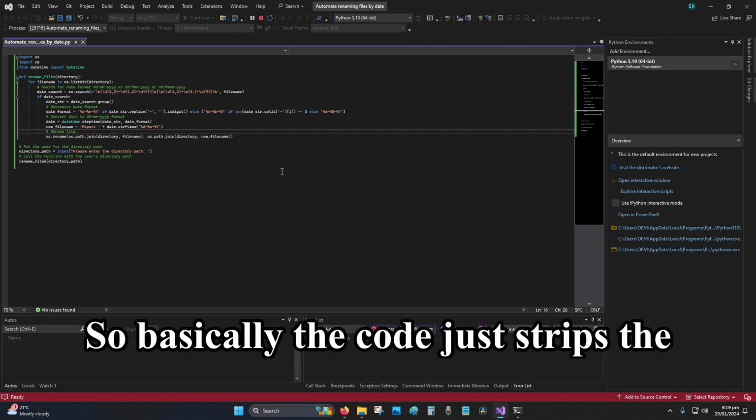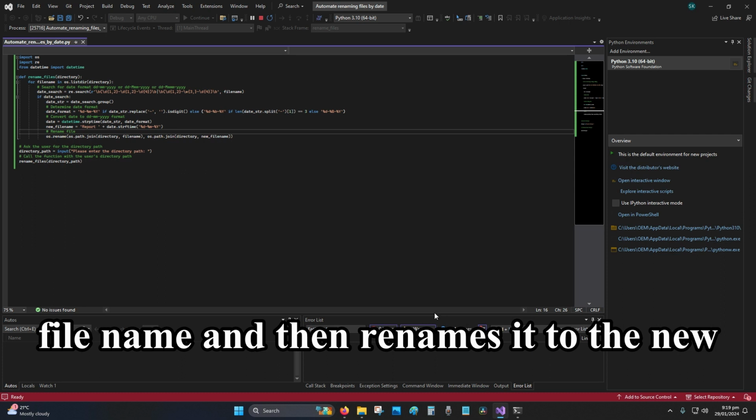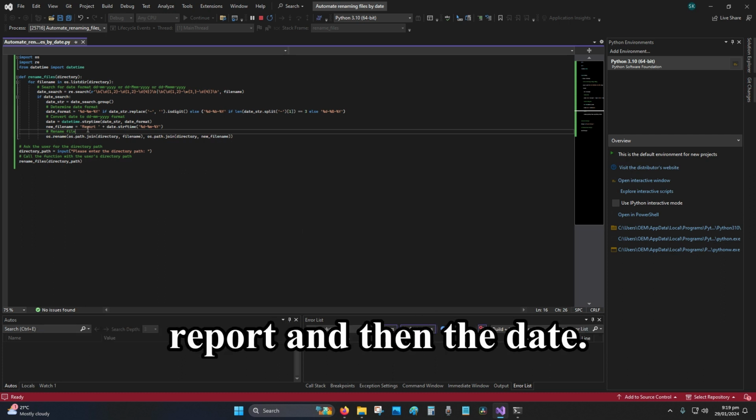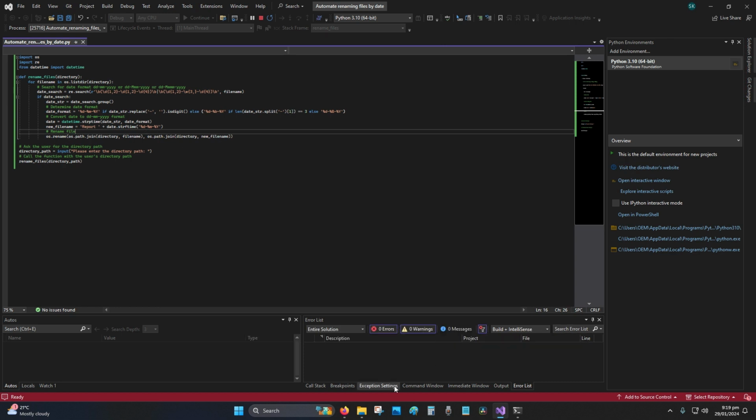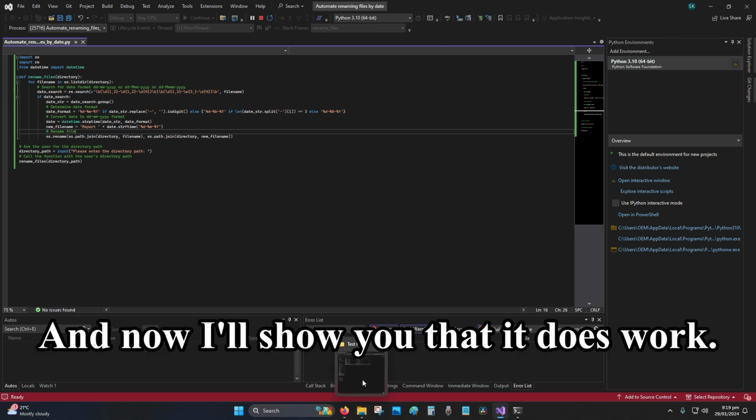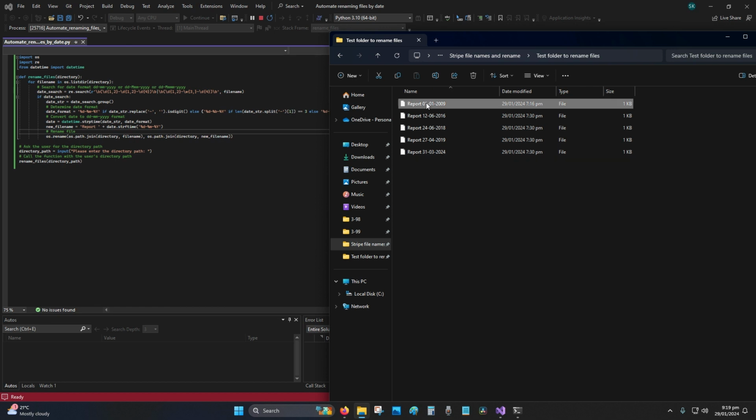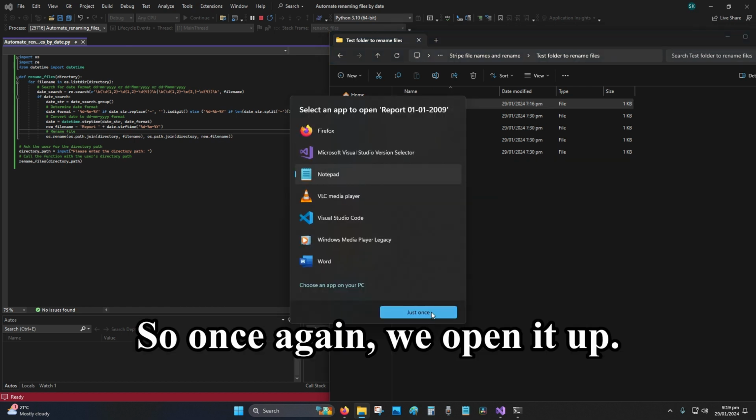Alright, so basically the code just strips the file name and then renames it to the new file name, which is report and then the date. Alright, and now I'll show you that it does work. So once again, we open it up,